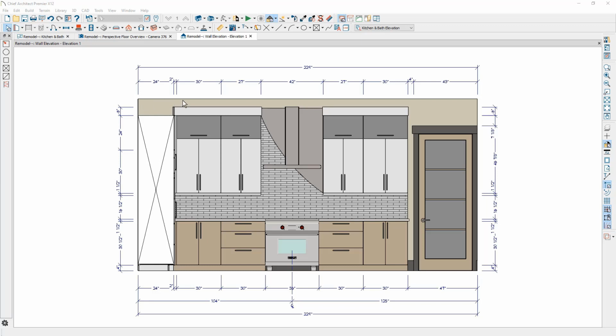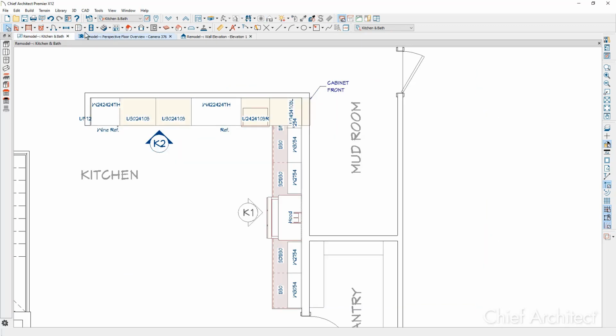Now, one of the final things that I want to do for this wall and the other wall is I want to place a soffit above this area right in here. Let's do that in our floor plan view. You'll find a soffit tool underneath of the cabinets tools. I'm going to come over here, place the initial soffit right in this area. My default fill style for that soffit has an angle hatching in there.